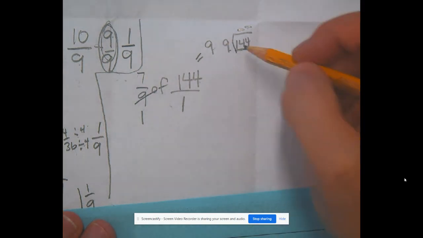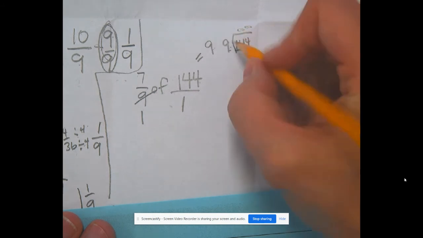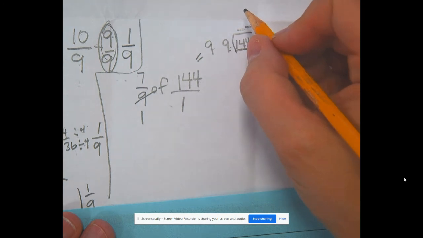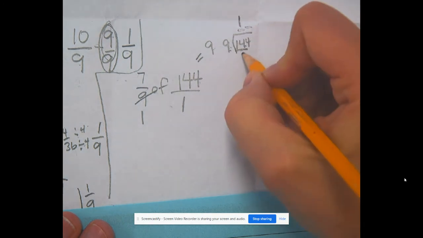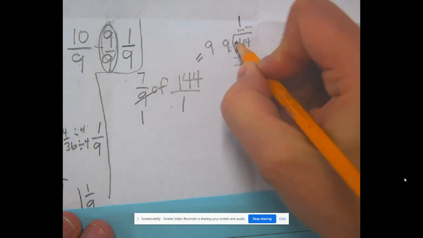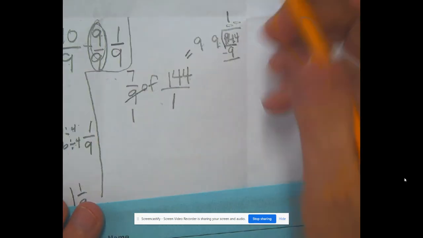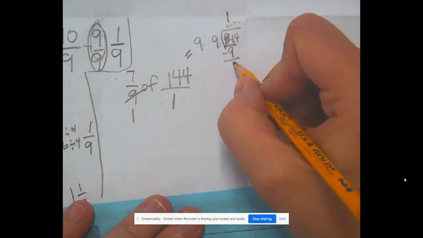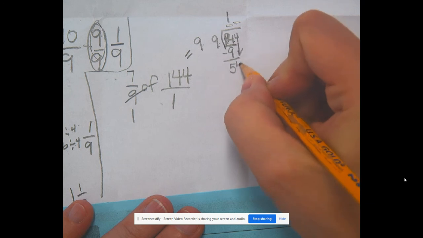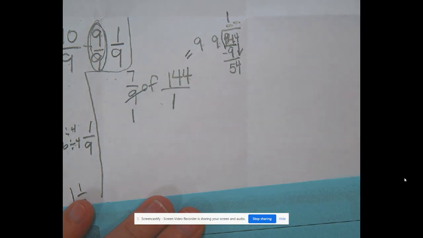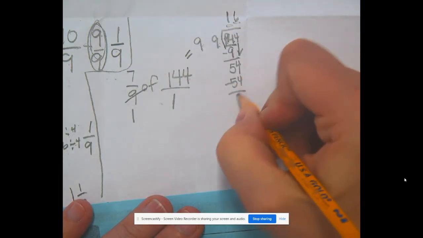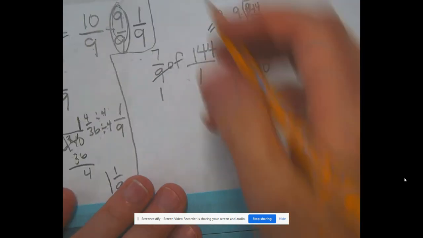How many digits will I have in my quotient? 2. 14 divided by 9 is... 9 times what gives me a number close to 14? 1. 1 times 9 is 9. 14 minus 9 is 5. And then we bring down our 4. 54 divided by 9 is 6. 6 times 9 is 54. Hooray! Okay, so this is